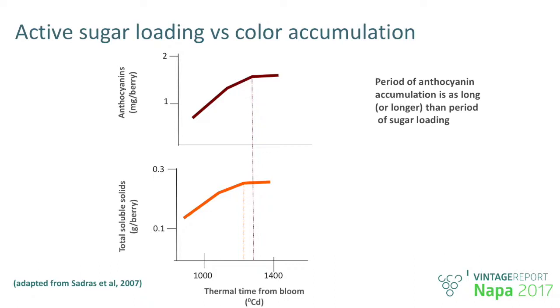You see in the bottom how the typical curve of sugar loading is impacted. Here they reported, on the x-axis, thermal time. But the picture really to take away from this graph is the timing when the peak sugar loading is reached. If you look above, you see anthocyanin content analyzed destructively in the berry, and you see that the peak of total anthocyanin is after the peak of sugar loading, which means that sugar loading is maybe a cheaper way to know for how long active color accumulation is lasting.